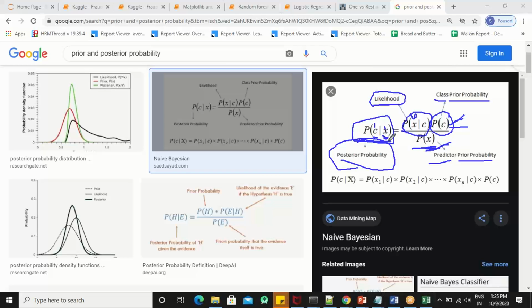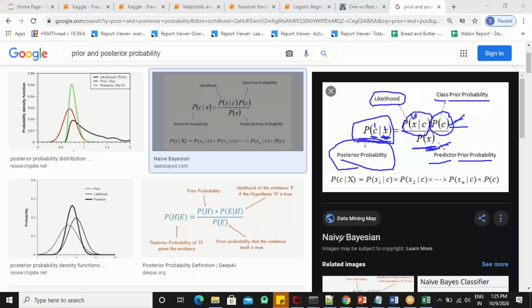This seems a bit confusing, but it's very easy. मुझे पता ये लगाना है कि मुझे एक ईमेल आई है, वो स्पैम है या नहीं, और ये मैं कैसे पता लगा सकता हूं, अगर मुझे उसके अंदर जो वर्ड्स हैं वो पता हैं। लेकिन उसके लिए मुझे पहले से कुछ चीजें पता होनी चाहिए। जैसे कि आज तक मुझे जितनी भी स्पैम ईमेल्स आई थीं, जब मैंने उनका एनालिसिस किया था तो उसमें एक पर्टिकुलर वर्ड कितनी बार आया था। तो एक तरह से आप उसी चीज को रिवर्स में समझने की कोशिश कर रहे हो।